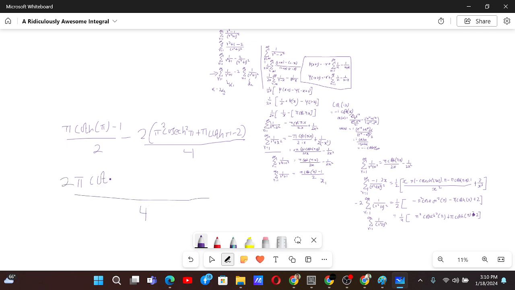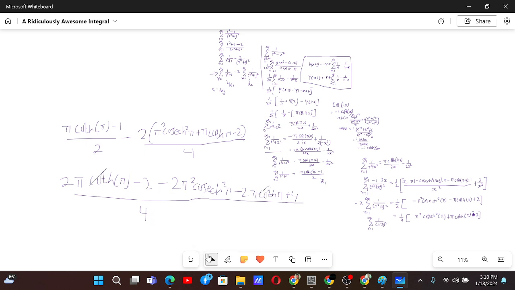We will have 2 pi cot as pi minus 2 minus 2 pi square cosech square pi minus 2 pi cot as pi plus 4. Yeah, we have that. Now these two cancel out,